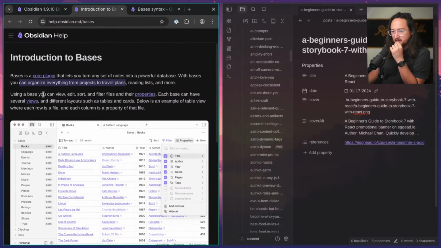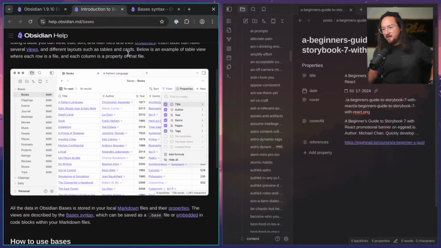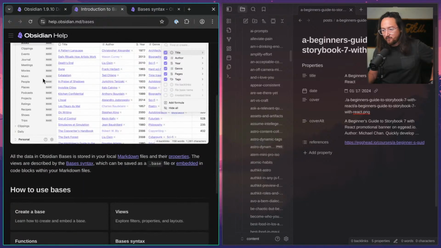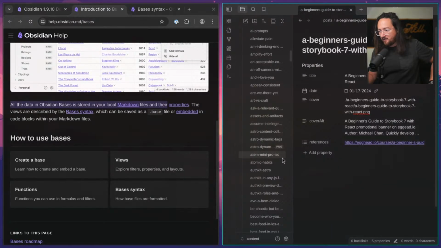Using Bases, you can view, edit, sort, and filter files and their properties. Each base can have several views and different layouts, such as tables and cards. Below is an example of a table view where each row is a file and each column is a property on that file. Okay. All the data in Obsidian is stored in local markdown files and their properties. The views are described by Bases syntax, which can be saved as a .base file or embedded. Okay, so